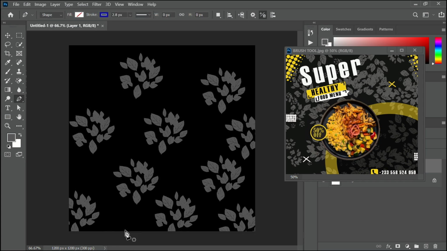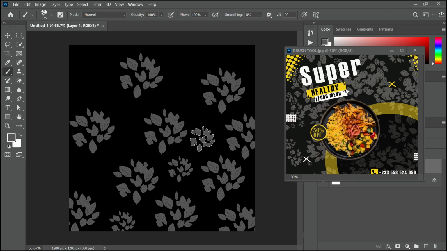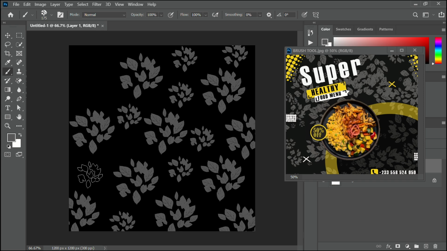You just hit on it, you just make a click. Don't use it to brush on top of it, we are just creating a background. So you just make a click. Then you try your